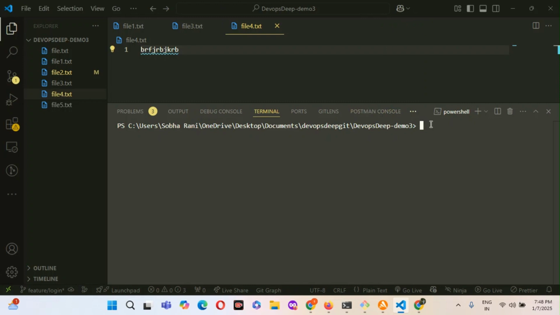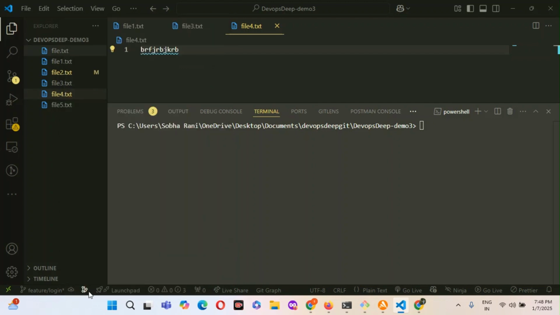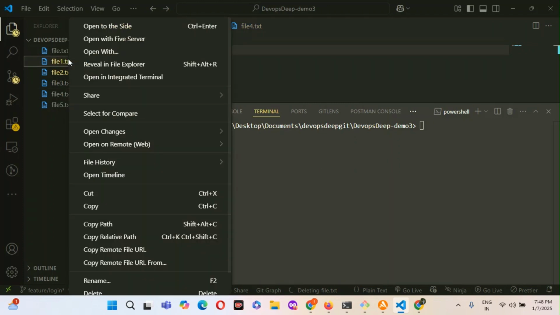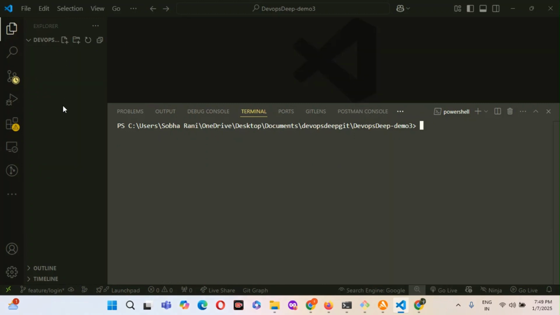So come to Visual Studio Code. I deleted all the files, because I need to create three files.